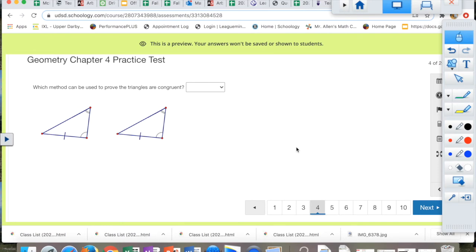Which method can be used to prove the triangles are congruent? So I have angle, side once again. Again, I have angle, side. So the ones that can be proven congruent,